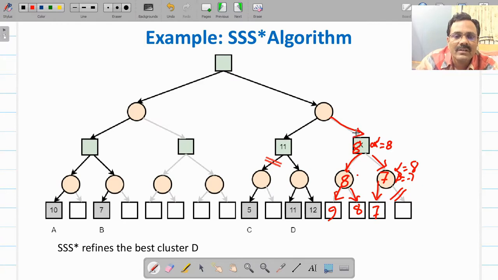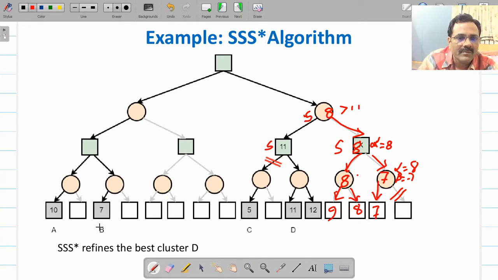So now algorithm will come here. This node is solved now. This one is also solved. It is getting 11 from this side, 8 from this side. So this node will be now evaluated. It is getting less than 11, right? Less than 11. So 8 is less than 11. So therefore it will accept. So value of this node will be 8. Now value of this node is 8. It is solved.